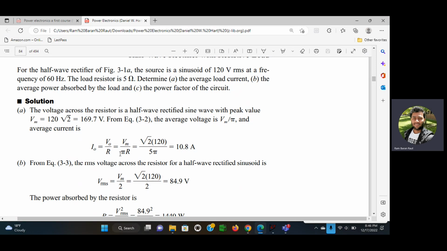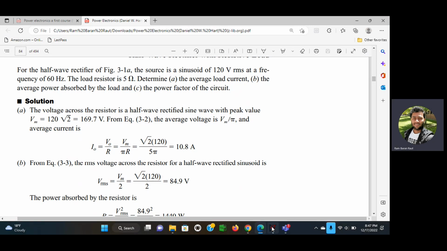And the average current is just that divided by R, the output voltage divided by R, where the output voltage is the peak voltage divided by pi. So we need to prove that if we get 10.8 ampere as output current using LTspice, then our goal